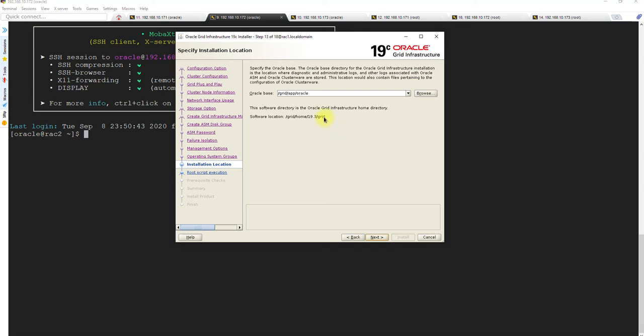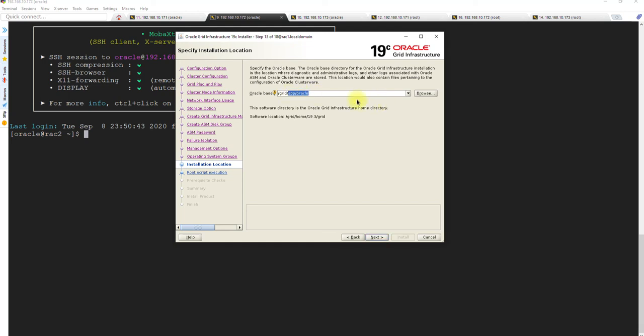Now this is what I said earlier. If you do not define the software location and do not extract the zip file here, then wherever you extract it will become the software location and you cannot change it. In earlier versions you could change it, but not this time.